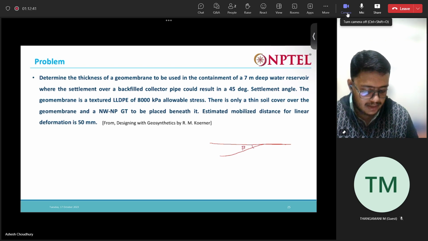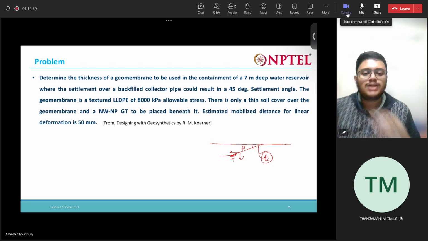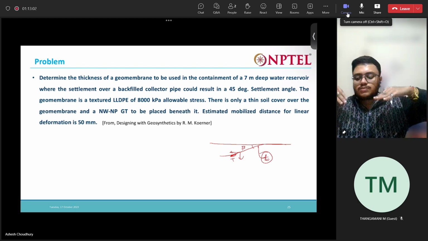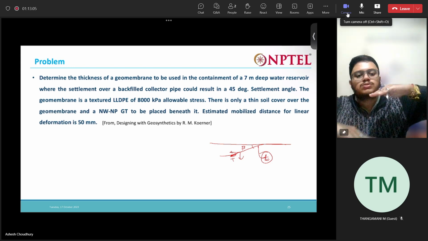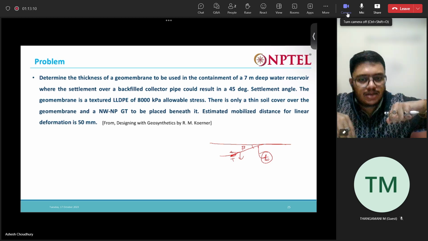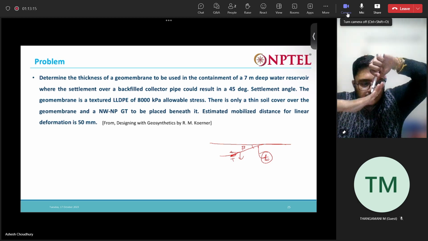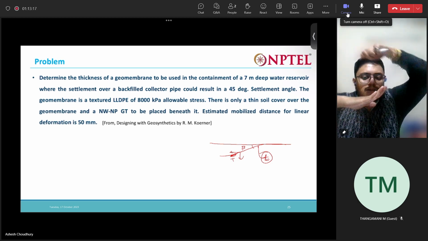Due to this settlement, what happens? This tension comes into play, right? There is some tension that acts on the geomembrane, and there are two components of the tension. Based on that, we determine the thickness of the geomembrane that we need to use. When a geomembrane is completely straight, there is no load acting, there is no settlement, so there is no need for this tension to get mobilized, right? But whenever there is a settlement, for some reason, in the geomembrane,